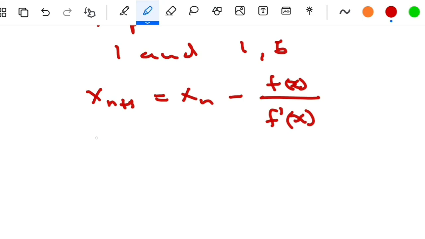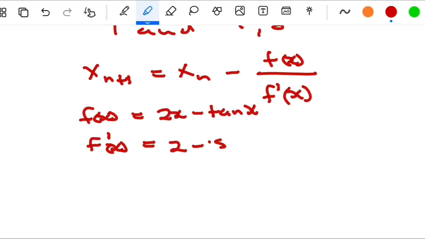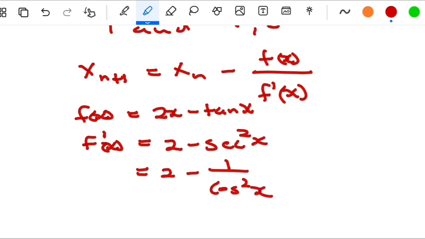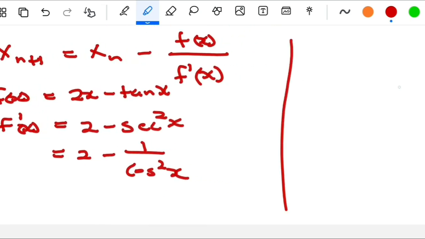Okay, our f(x) equals 2x minus tan x. Then our f'(x), or first derivative, equals 2 minus sec squared x, which equals 2 minus 1 over cos squared x, right? Then the way you do it, you create a little table here